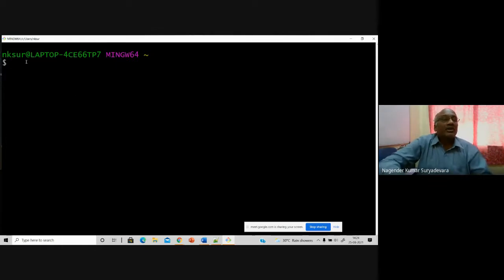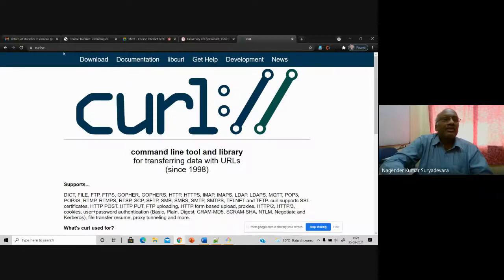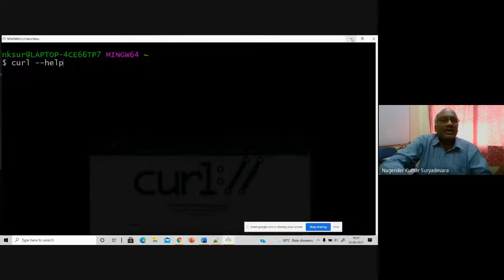Once you install Git Bash, and it is just a 2 minute job to install it, you get the curl commands. Same thing, the curl commands. CURL stands for command URL. Please remember, you are giving commands which are basically the URL, uniform resource locator. URL is nothing but whatever you type on the address bar or the URL bar. The same parameters, instead of running on the browser, you will be running here at the command prompt.